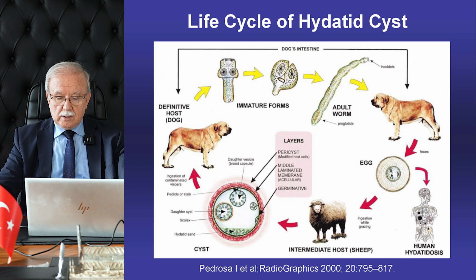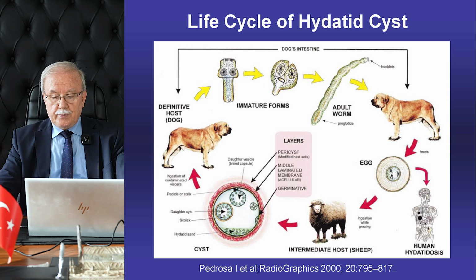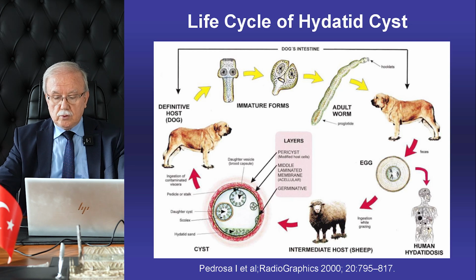When eggs are ingested by human beings, the larva comes to the jejunum, and by stomach acidity is released from the capsule. Then the cyst larva penetrates the intestinal wall, comes into the portal vein and to the liver, and is located there. If it can pass through the sinusoid, it comes to the lungs or other systemic circulation and other organs.